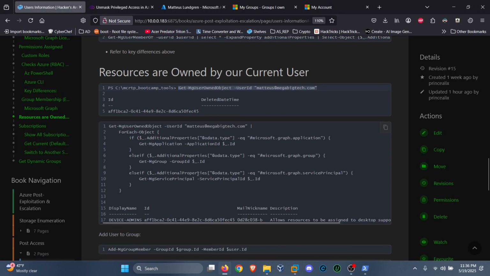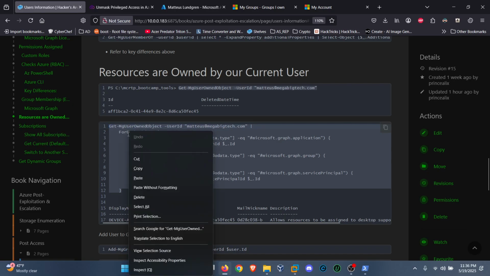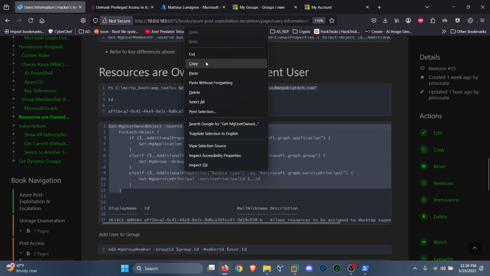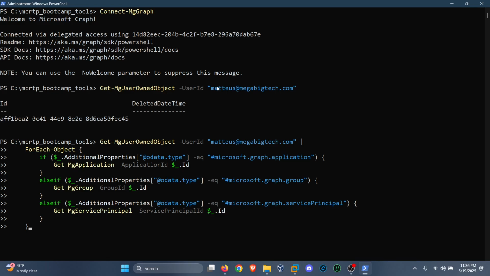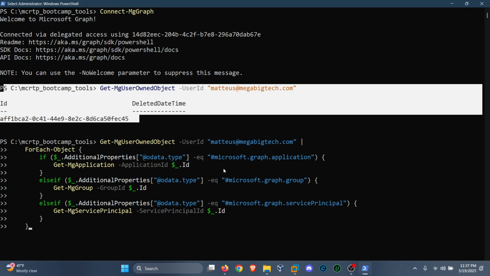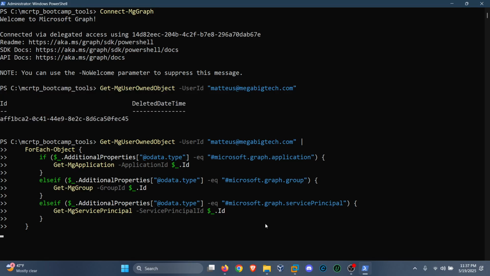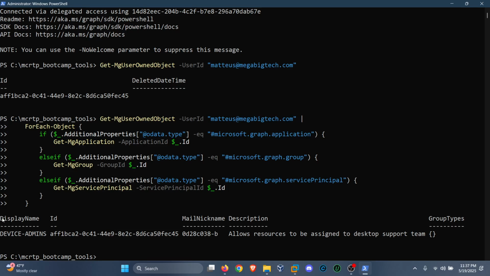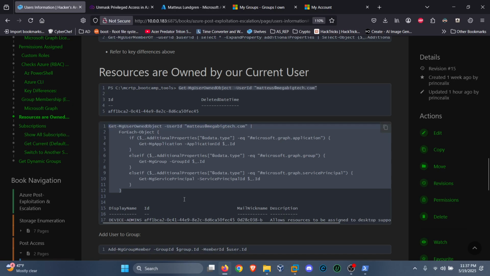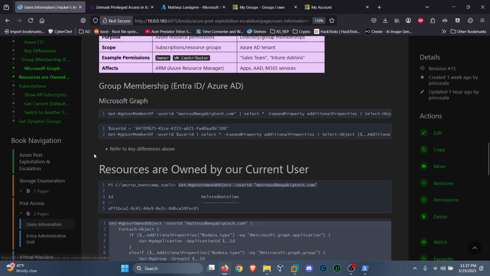And I use ChatGPT to find out a script that we can run to find the name of this object. And just pasting this over here, you guys could also use ChatGPT. It's probably always going to work for this. And yeah, the display name, again, it's device admins, the ID, and we have the description over here as well. And a third way of doing this is using recon,